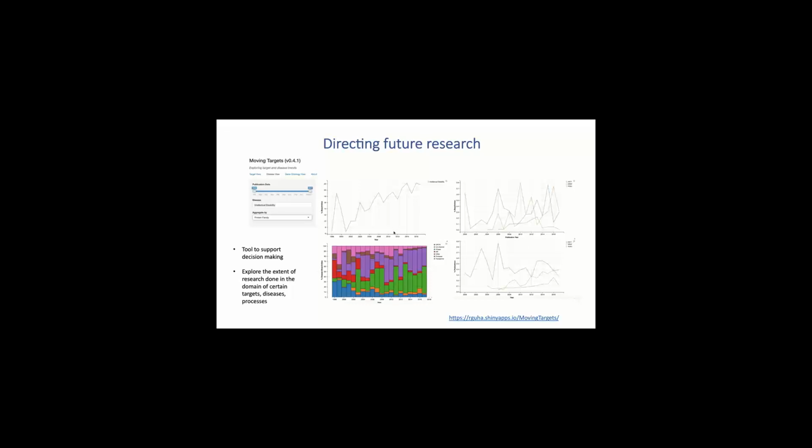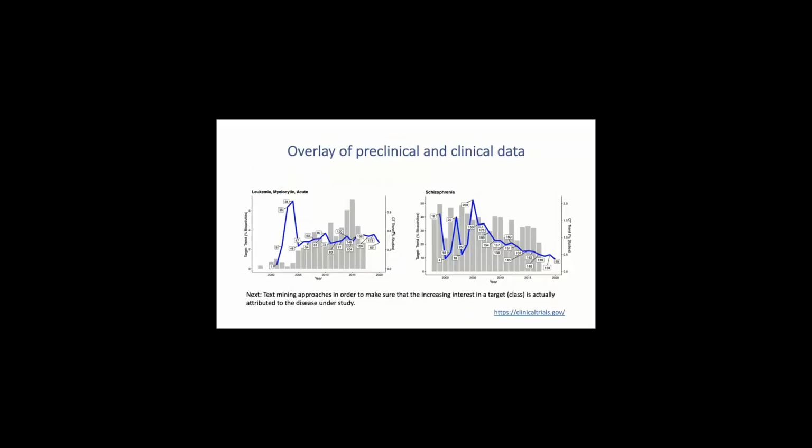You can see, for instance, for the disease intellectual disability, you can also look at the contribution of the different target families towards this trend. On the right-hand side, you see some trends for targets. You can also overlay these trends. This becomes quite handy if you're interested in a particular disease or target. You can nicely explore what has been done, at least to the level of what is stored in the ChEMBL database. I think such a tool will make even more sense in the future as we include more data sources.